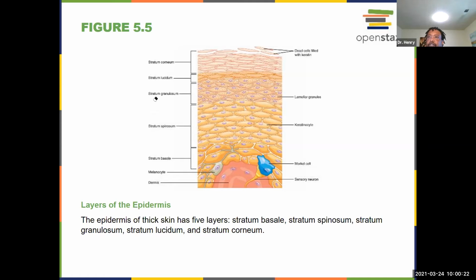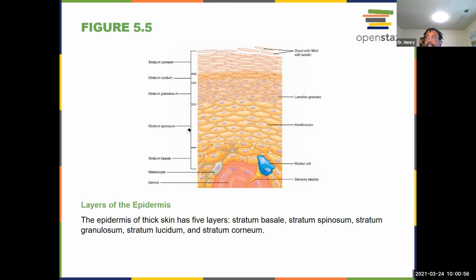And then we have our Stratum Granulosum, right? So those guys are going to be responsible for, again, they're going to be grainy in appearance. So if you cut a little bit deeper, right? Just to the point where you're almost going to start to bleed, right? It's kind of rough looking, okay? Yeah, you should know that I've actually cut myself quite a bit here, right? So, and then we have the Stratum